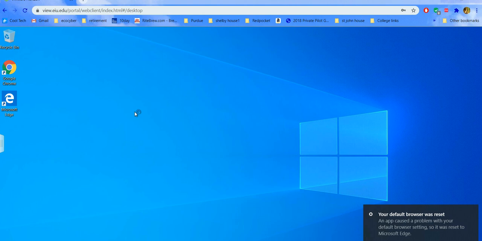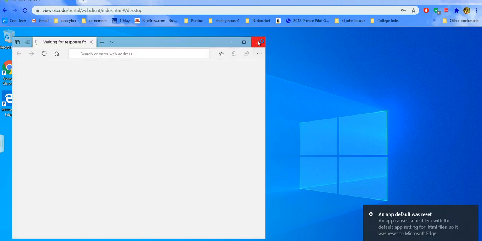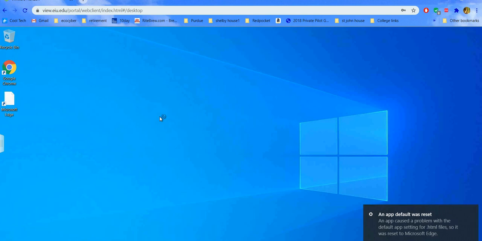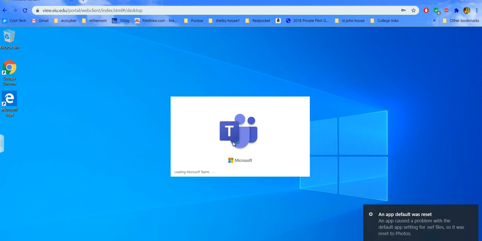Okay, once you are in Windows, usually a bunch of pop-ups will come up. Make sure you close all of them. Here they come. Once you have all the pop-ups closed,